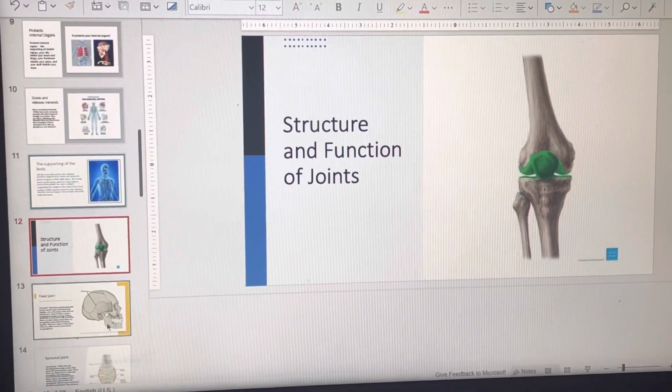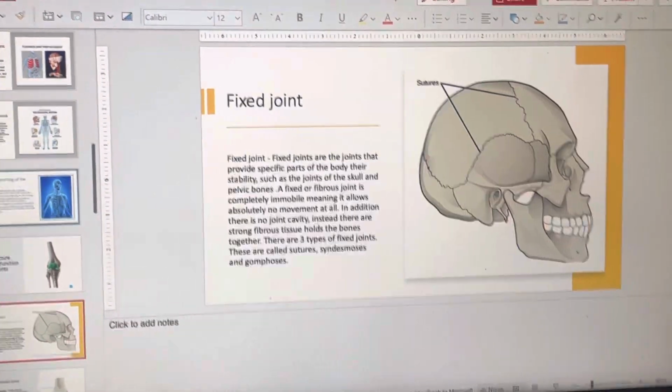Now we move on to the structure and function of the joints. Firstly,